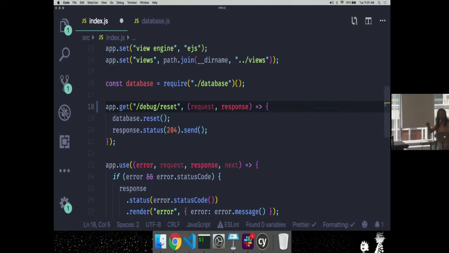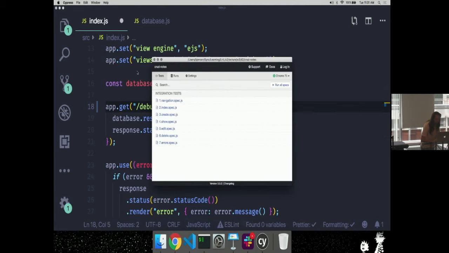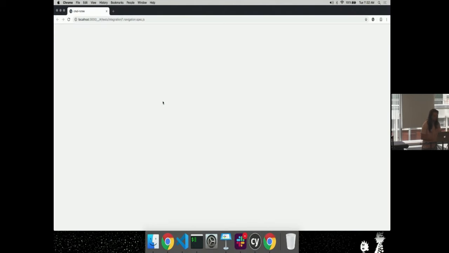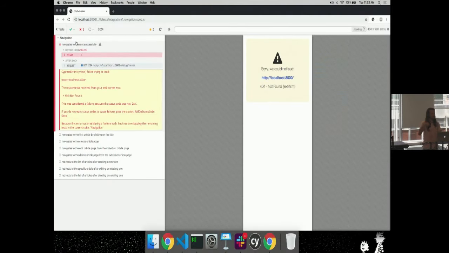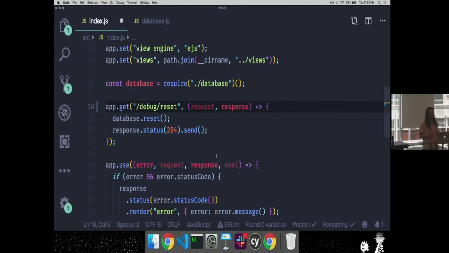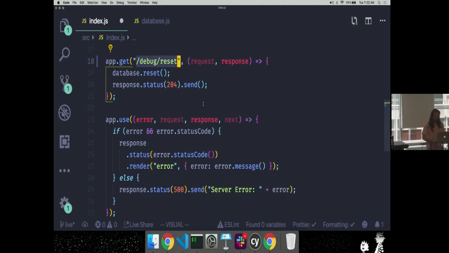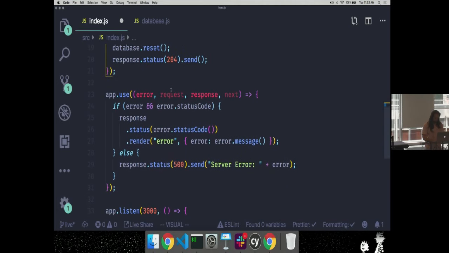After every single test gets run, that's every single one of these things, not one of these, these are test collections. After every single one of my tests gets run, it resets the database because I want to make sure that every test is isolated, that every test doesn't have a dependency on anything else. So in order to do that, I'm running my real server. So I just have a little route here so that every single time a test is done, it calls this route, resets the server so the next test is fresh. That's all this is for. Don't worry too much about that.